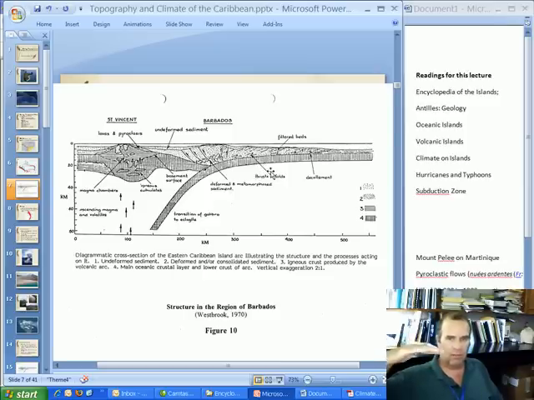So if you look at my diagram there, if this is the oceanic plate and this is the Caribbean plate, the oceanic plate is going down underneath, and as it goes down underneath, it's quite rigid, so it bulges up as it goes down, and this bulging area also causes islands to rise above the sea, and that's how we get Barbados. The main islands of the island arc, however, are volcanic islands, and they originate from this oceanic plate